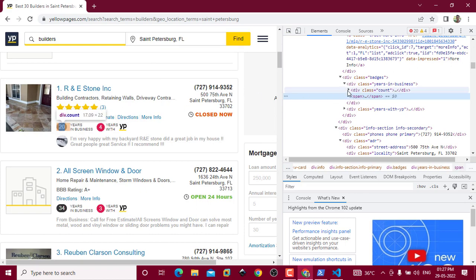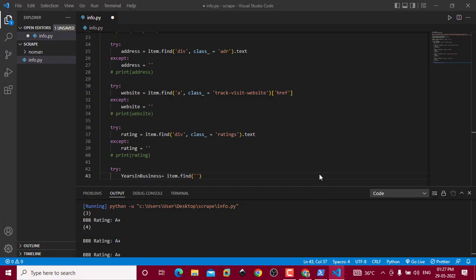Now you can see this is inside another div, and this is also another div. If you hit this div, this also hovers over all the content of years in business. Now I'm going to copy this class, and remember this is a div. Open up our code, specify this div inside this single quote,